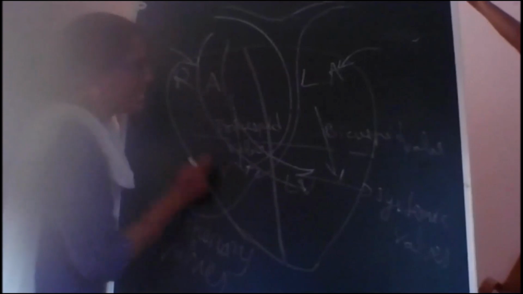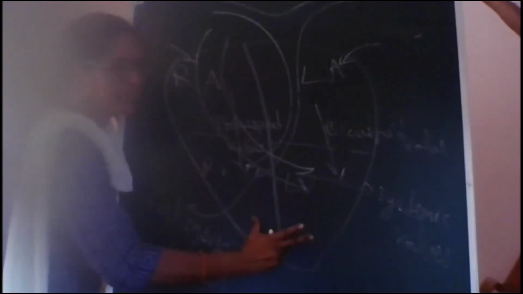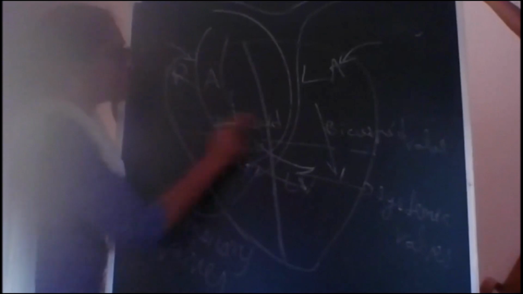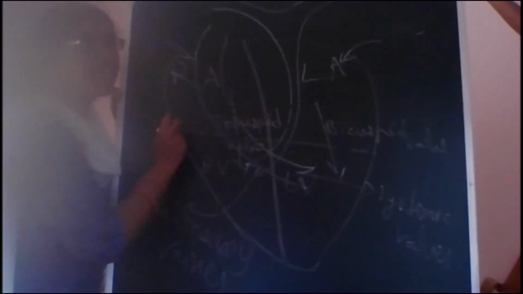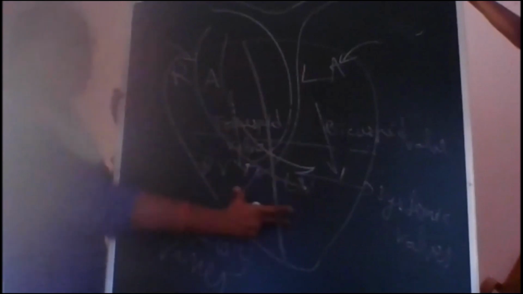Because of that, the blood is now in the aorta. Now again the ventricles will start relaxing. That is ventricular diastole. Diastole means relaxing. Now the blood present in the arteries, that is pulmonary artery and systemic artery, or pulmonary aorta and systemic aorta, will try to come down again. That is, they will try to come back into the ventricles.